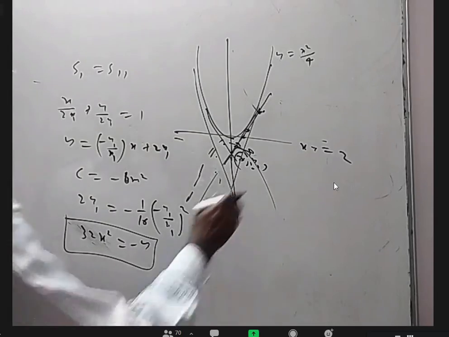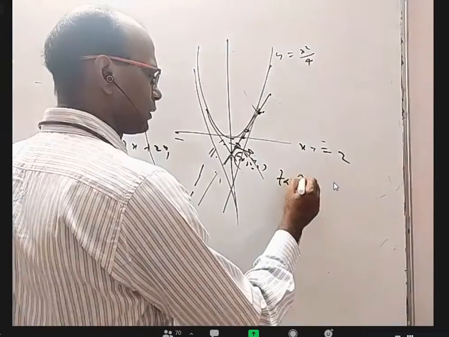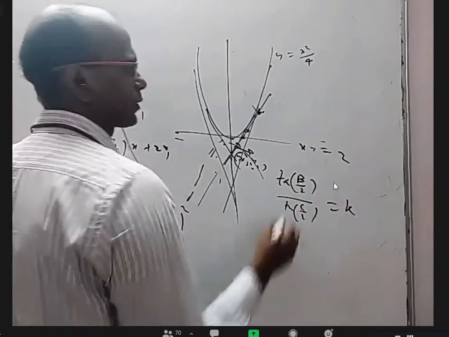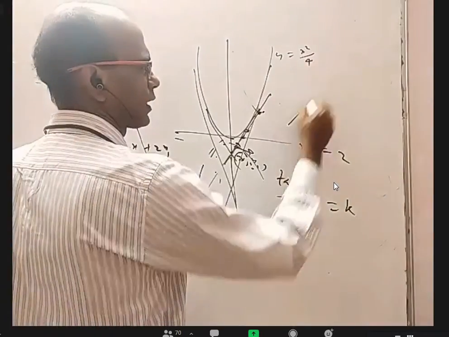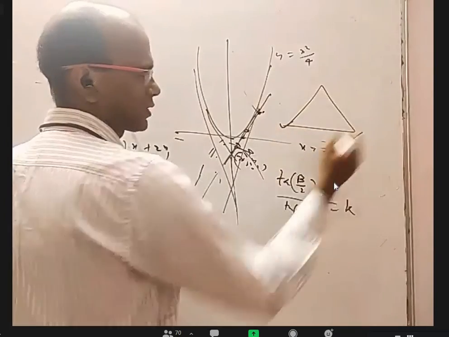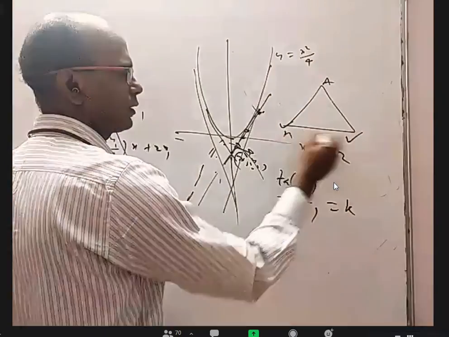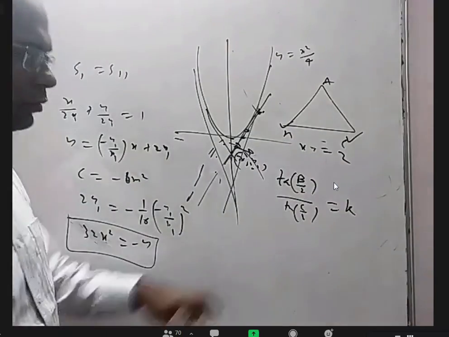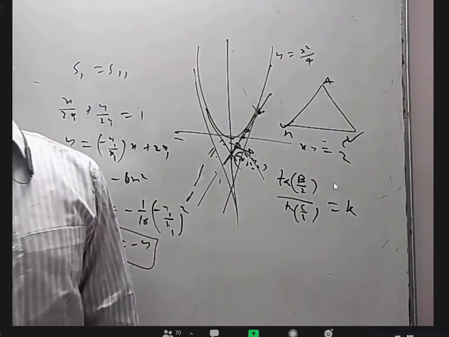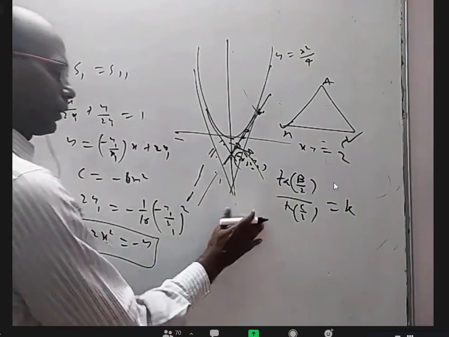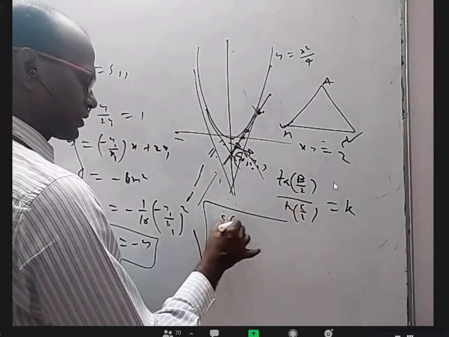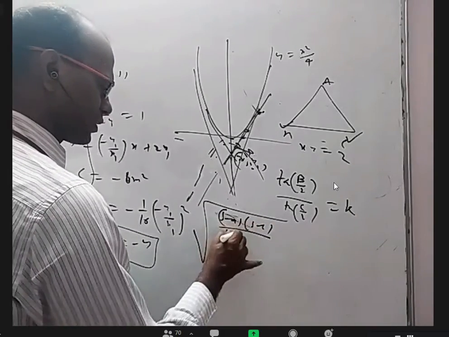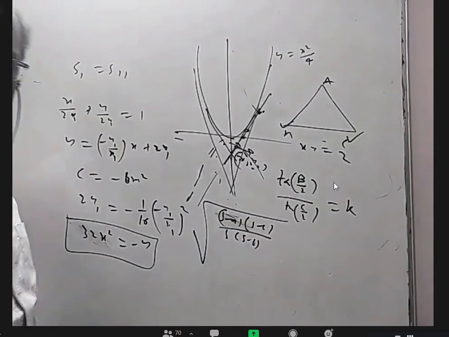This is simple properties of triangle and hyperbola actually. They said basically tan B by 2 by tan C by 2 is constant. We have a triangle where B and C are fixed points and A is a variable point, such that tan B by 2 by tan C by 2 is constant. But what is the formula for tan B by 2 in first year properties of triangle? Square root of S minus A into S minus C by S into S minus B. Am I right?